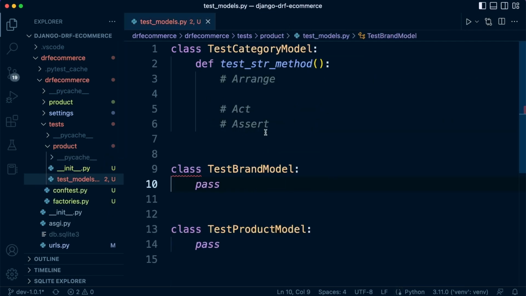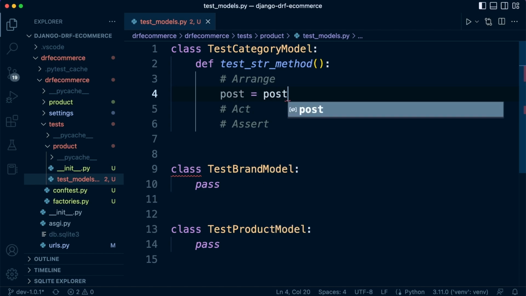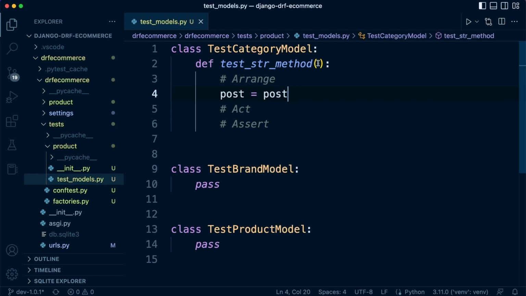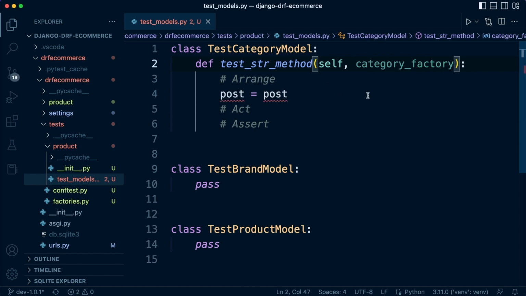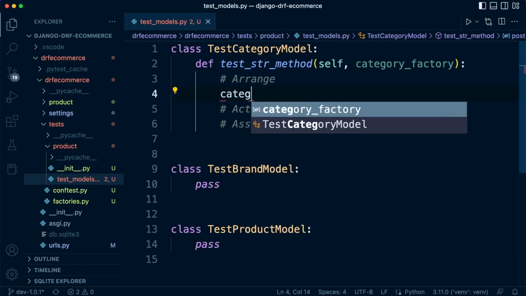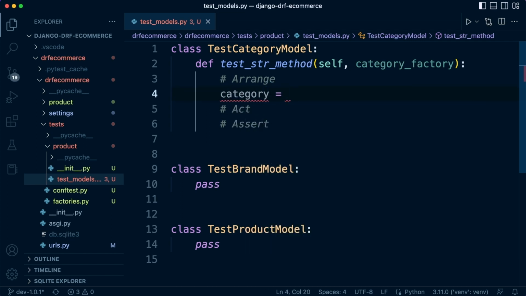Let's go back into our tests. Right, so first of all, we need to actually go ahead and create a new post. So post equals post, actually, we've got to bring it in first, haven't we? So self, and let's bring in, not post, we're chatting about category factory. There we go. So we want to use the category factory. So we access the category factory. And now let's say category equals, or data, or post, or whatever you like,